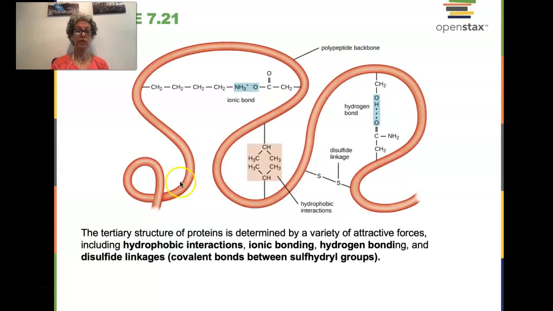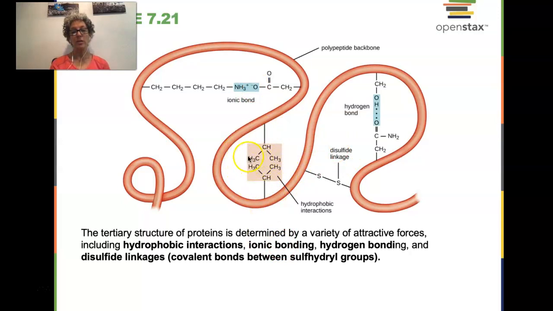The third level of structure is called tertiary. So we've gotten through the secondary. They haven't shown it, but this big chain could have both alpha helix and beta sheet secondary structures. And now we're going to sort of stitch those together into the final 3D shape. And that can happen by ionic bonds between an amino and an oxygen. We could have